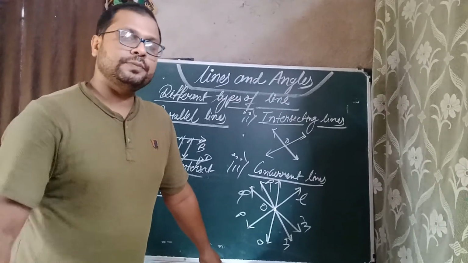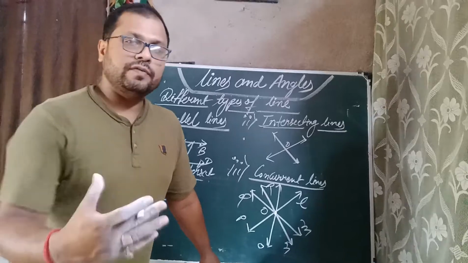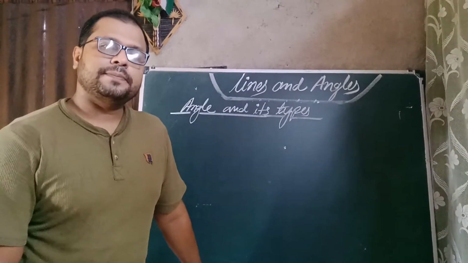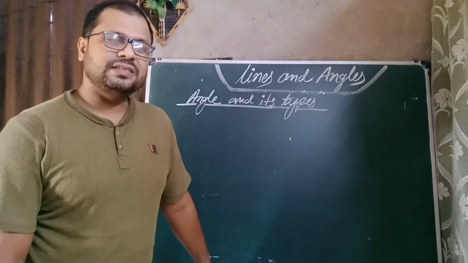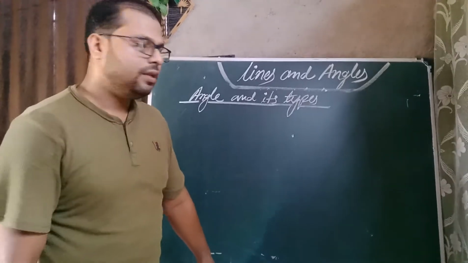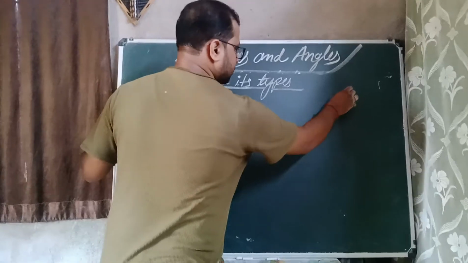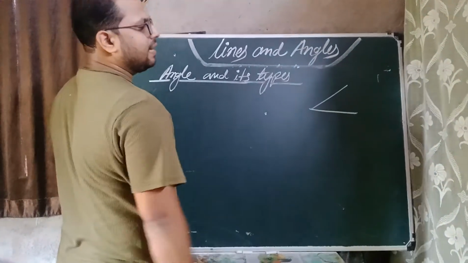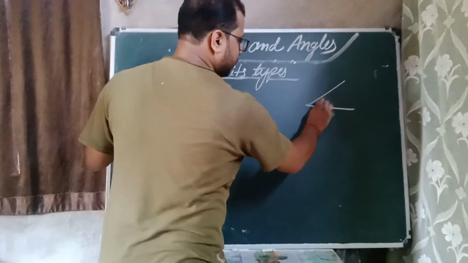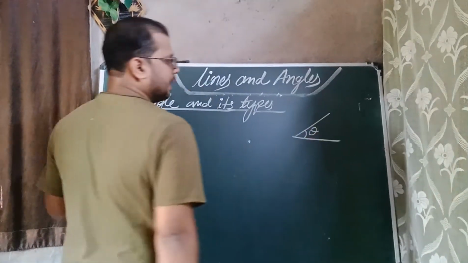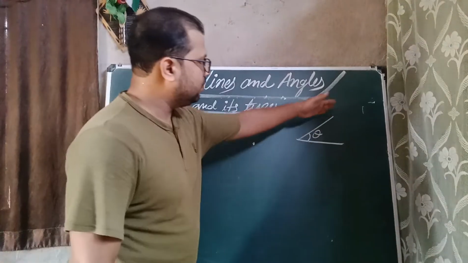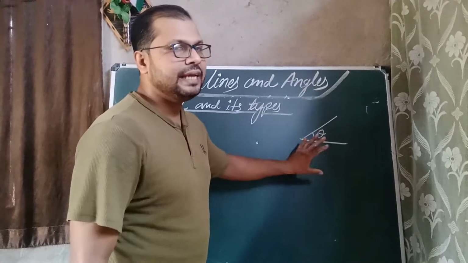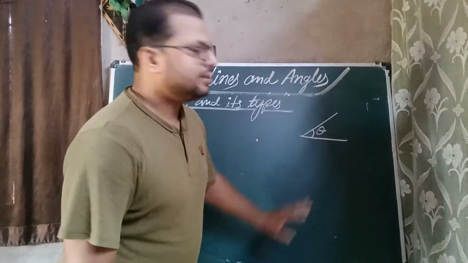Further, we'll discuss some of the angles and a few of the questions of the exercise. So what is an angle, students? Angle is very important. Since class 5 we have been studying angles. When two lines join at different inclinations, then they form an angle, isn't it? You can see one line, second line, and there is a gap, the inclination we can say. This inclination is known as an angle.